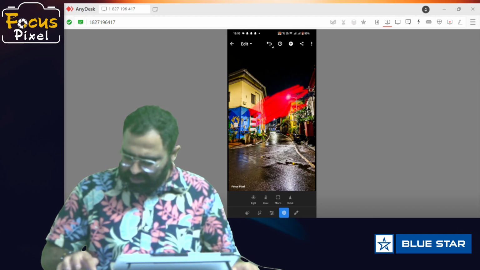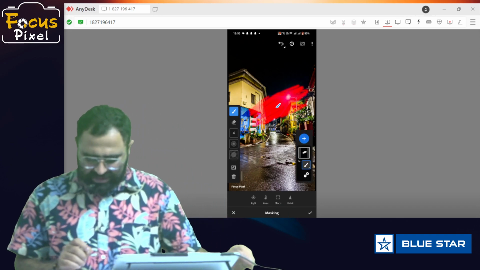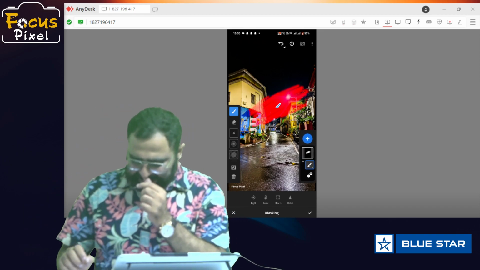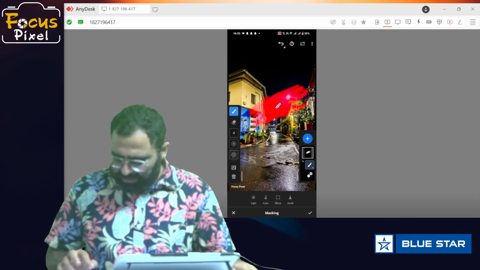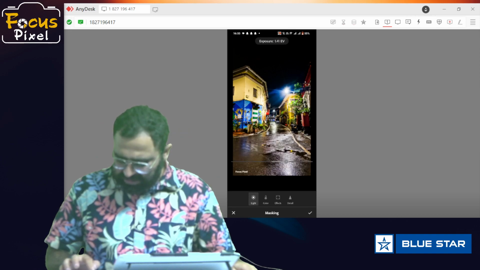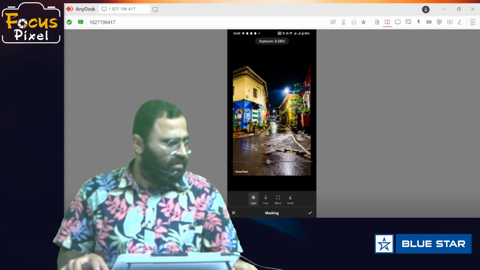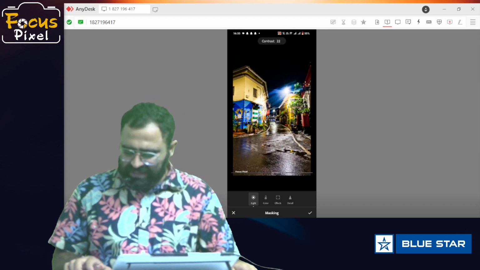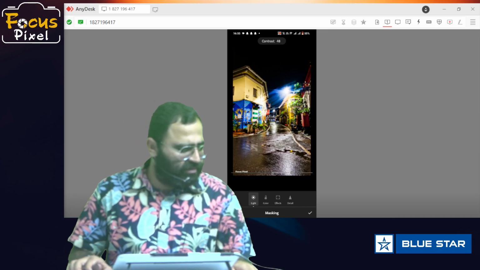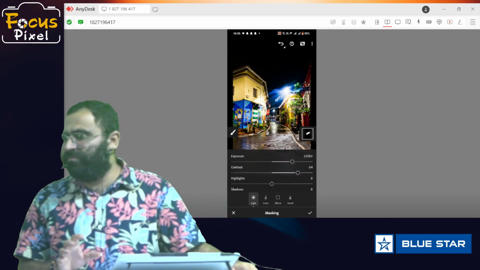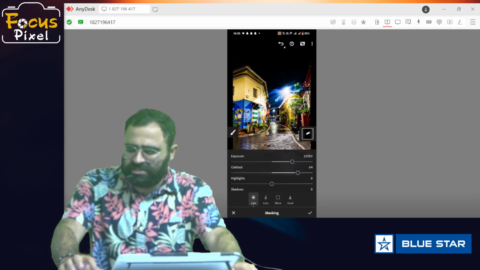Now I painted this portion in my image. Now this will apply the mask and I can change the exposure of that particular part only. Whatever effects I apply, only that particular part where I have painted with the brush will be used to make the changes.